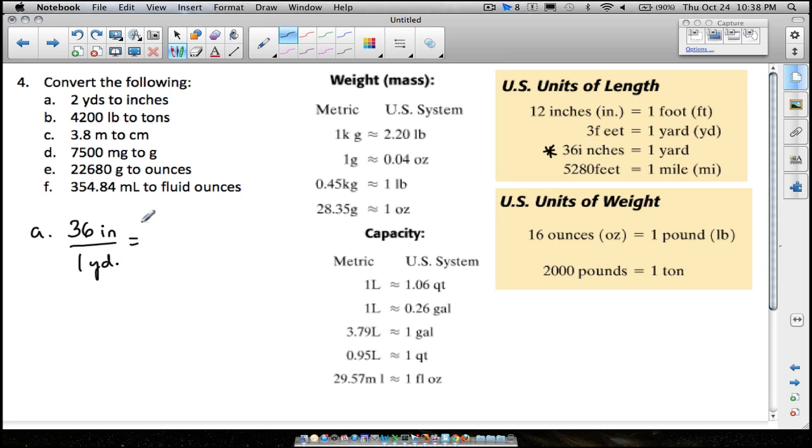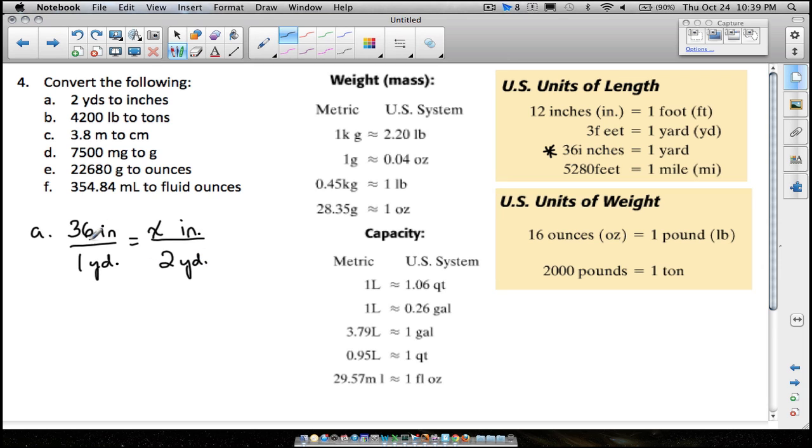This is equal to, now, what do we want to do? We want to convert 2 yards to inches. Since I wrote yards at the bottom, let's make sure we put the 2 yards at the bottom here, but we're trying to figure out how many inches, so therefore we'll put x inches. Now, if you leave these words off, I'm not going to stress too much about it. I'm just putting them here to remind you, if you put inches at the top and yards at the bottom, you better put inches at the top and yards at the bottom on the other one.